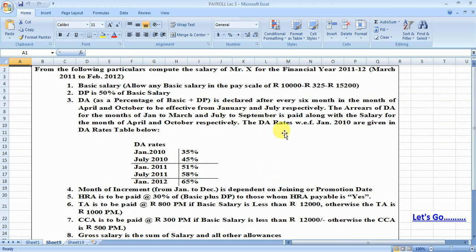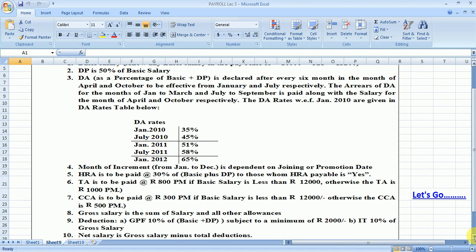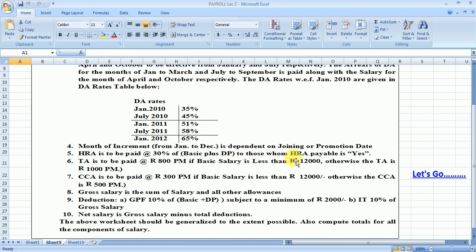We are given the DA rates, effective from January 2010, in this table. This is the DA rate table, which is the effective one, and the month of increment is given, from January to December, depending on the joining or promotion date. HRA is to be paid, equal to 30% of basic plus DP, to those whose HRA payable is yes, otherwise it will be 0.